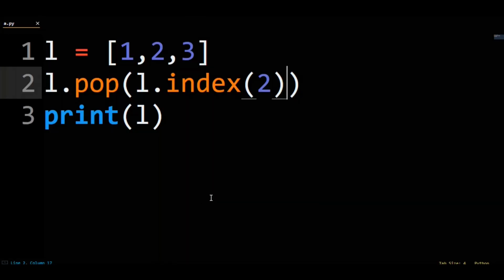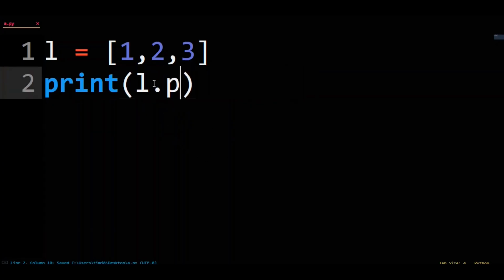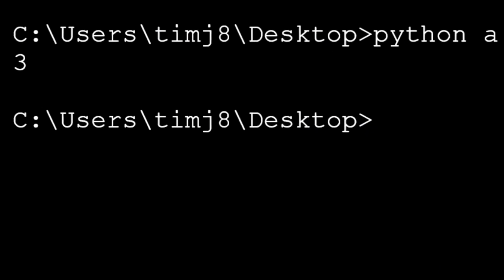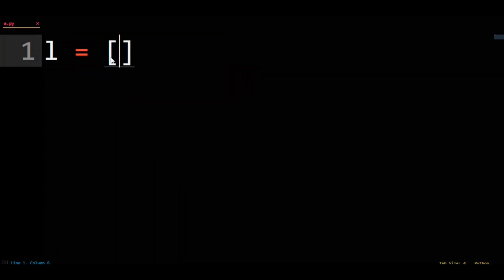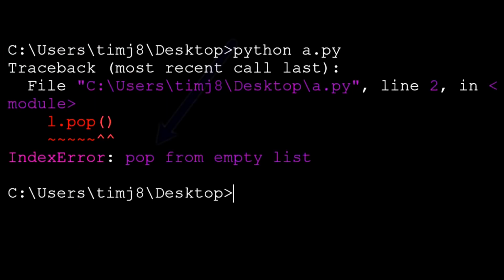Okay, what does list pop return in Python? If we remove the middle line and just make the print be L.pop and run that code, we'll see pop returns the element it removed, 3 in this case. Last, can you pop empty list in Python? Let's try it. L equals empty list. L.pop(). If we run the code, we'll get an error that is literally named for not being allowed to do